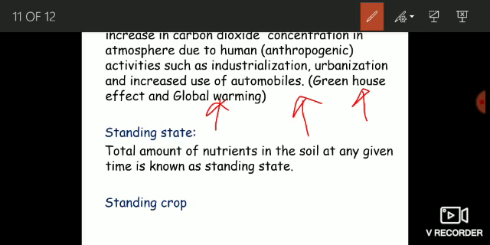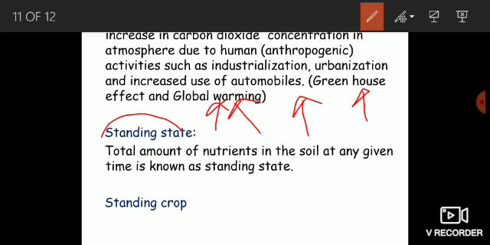Okay, greenhouse effect means when you have increased concentration of carbon dioxide in the atmosphere, the increased carbon dioxide concentration traps the sunlight, it traps the radiations, and this trapping of radiation has led to increase in the earth's mean temperature, which is known as global warming. Okay,